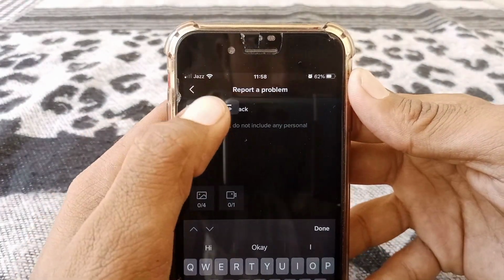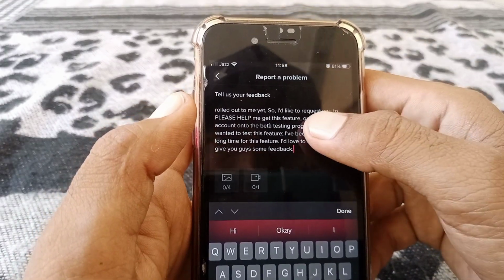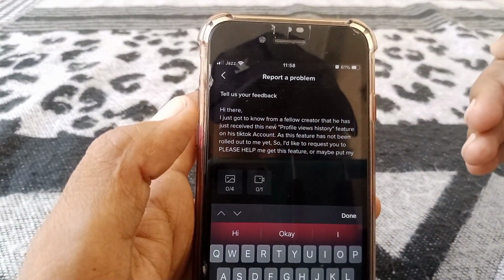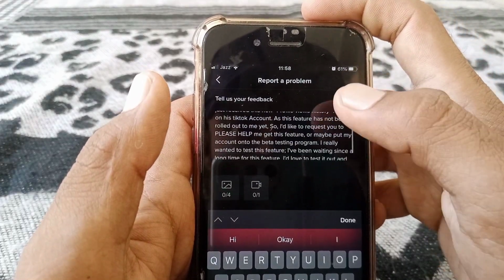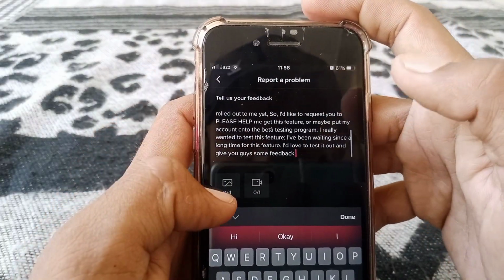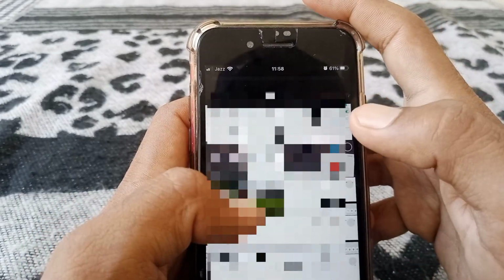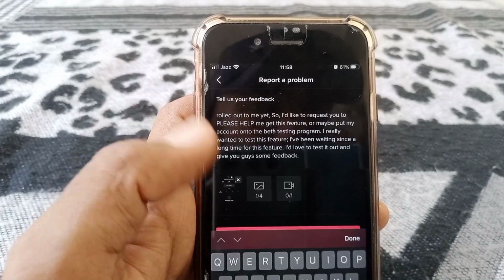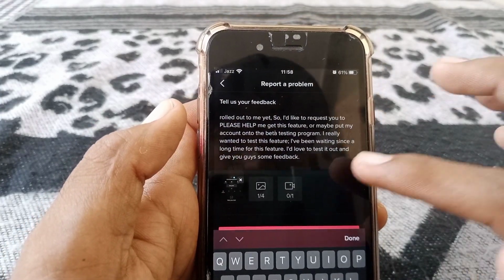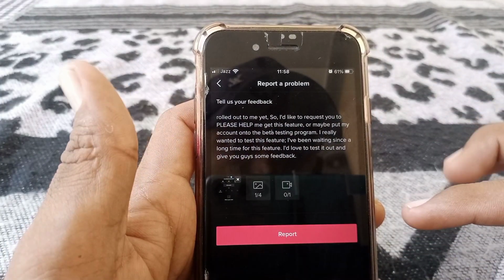Now I'm going to paste it because I have already copied it and given it in the description as well. So you have to write the same one that I have given in the description, and then you have to tap on this. And from here what you need to do is just simply select the screenshot, then you have to tap on confirm. And after that what you need to do is just simply tap on report,